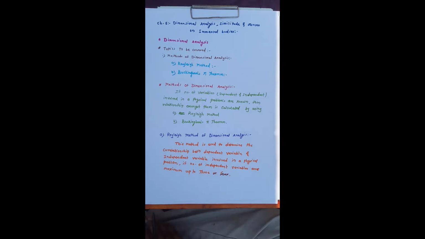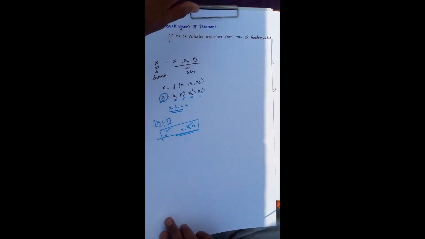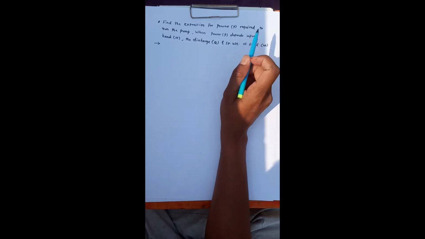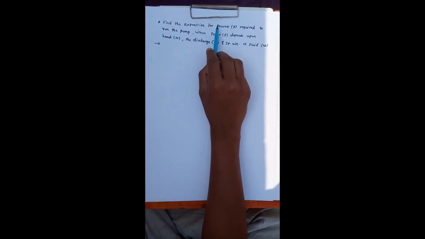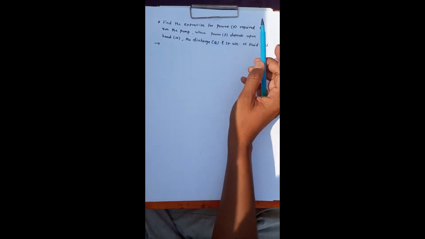Hello friends, in continuation with our last video, now to better understand this method, we will solve one problem. Suppose the problem statement is like this. We have one centrifugal pump, and we have to find the expression for the power required to run that centrifugal pump, when power P depends upon